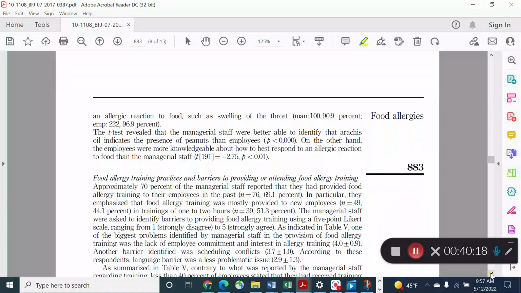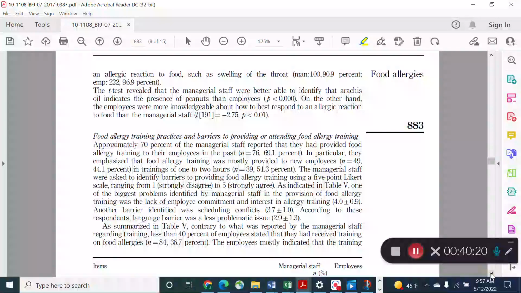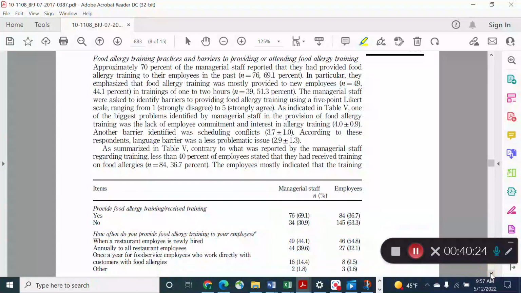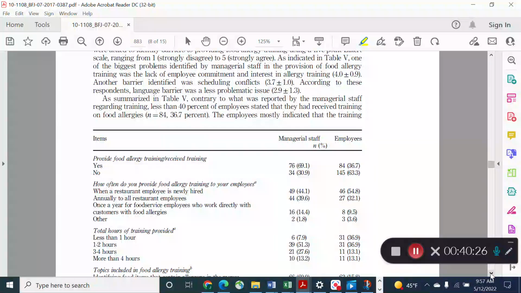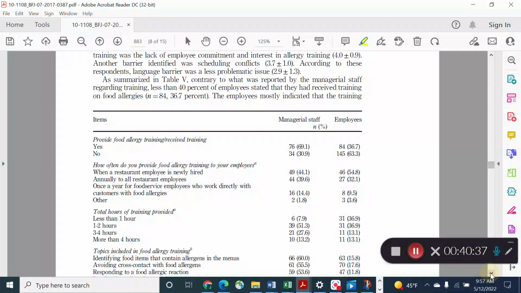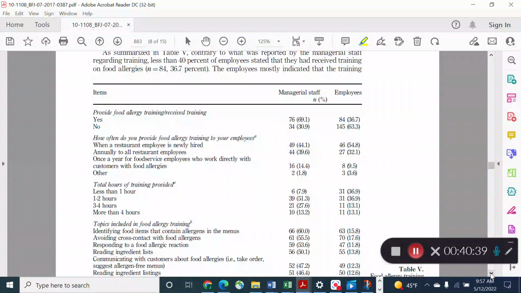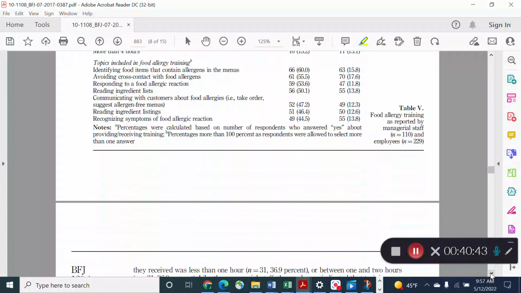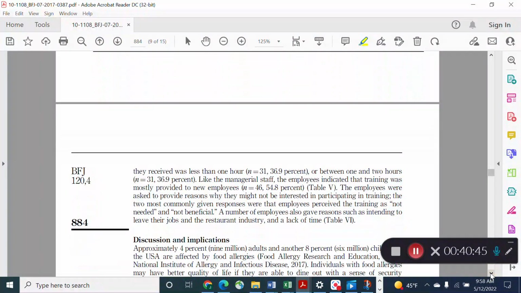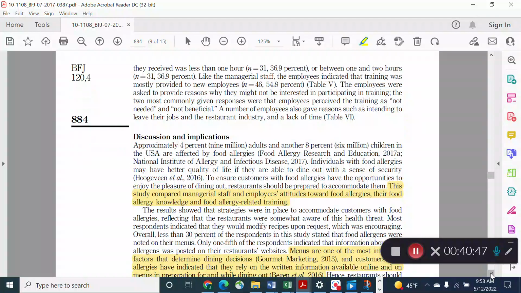And then the last part of this just deals with thoughts about how we should do training. I've gone through most of the results that I personally really want to talk about here, but you can read through this and see what they said. The employees and the managers said about training, benefits of training, those types of things. So let's go down to our very last part, which is our discussion